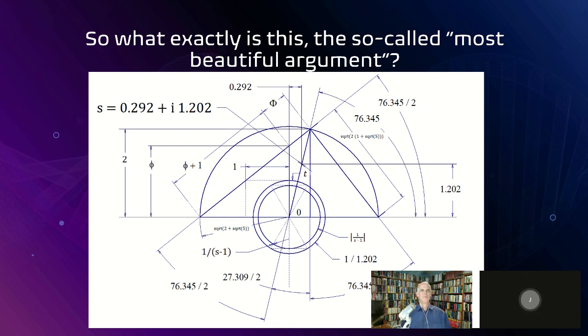Sometimes we know S and we have to figure out the other stuff, and sometimes we know the other stuff. In this case, we know the angle and we have to figure out S, and that's how it worked this time around. It's a few steps to get there, but you can figure it out. It's not that complicated. If you have a mastery of that 1, phi, square root of phi triangle, you can almost do it in your head.